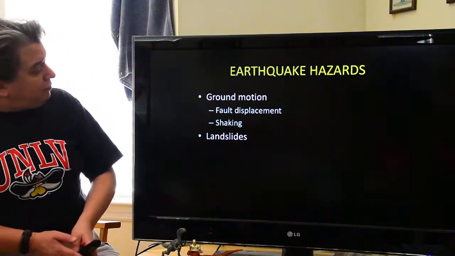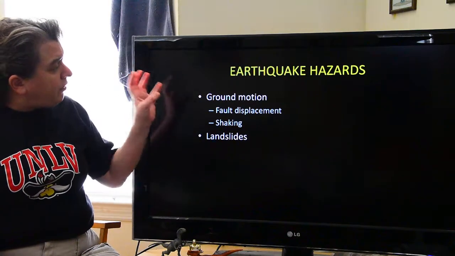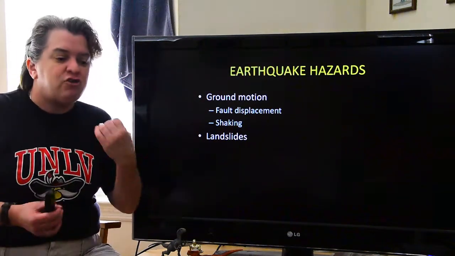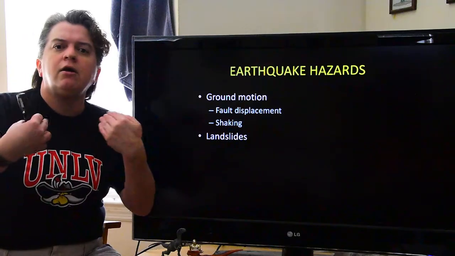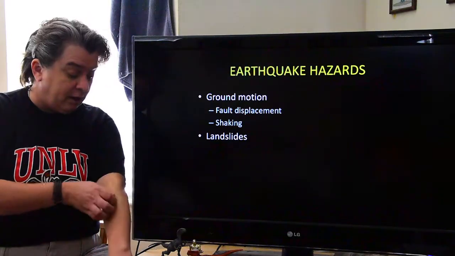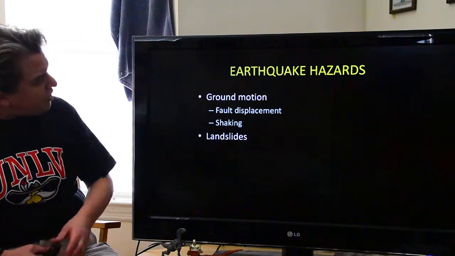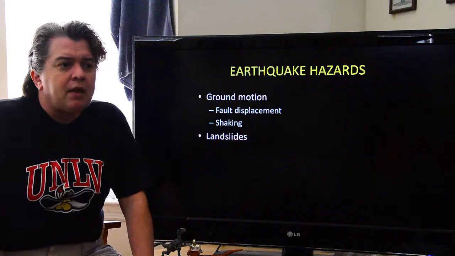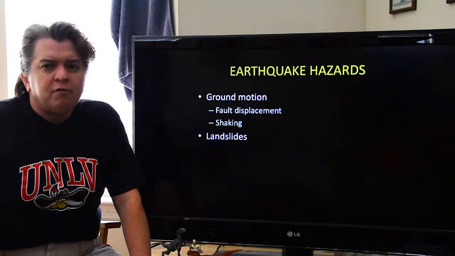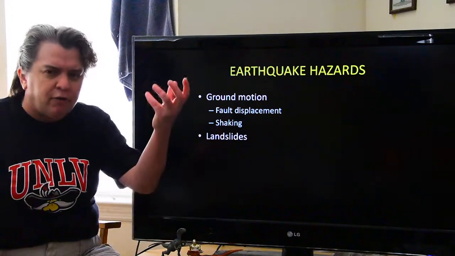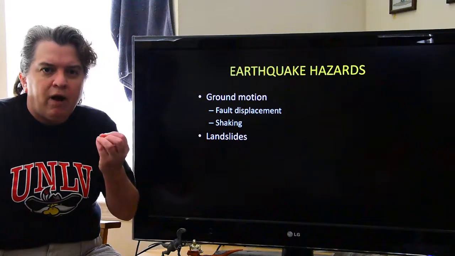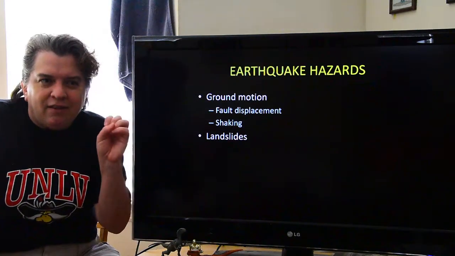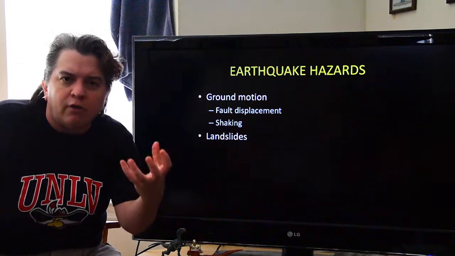All right, so let's take a look. First of all, we talked about how ground motion causes a lot of damage, but there's other things that the shaking and the ground motion can trigger that ultimately will cause death and destruction. One of these things is landslides. Landslides are not caused by earthquakes. Ultimately, landslides are caused by gravity pulling things down a hill. However, the earthquake can be that little thing that pokes it over the edge, that tiny little trigger that's needed to create a landslide.